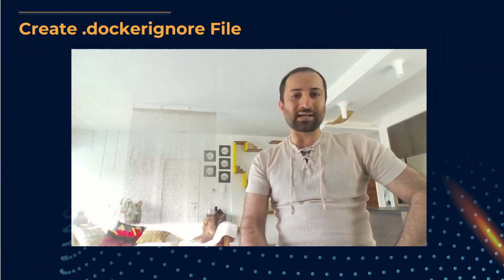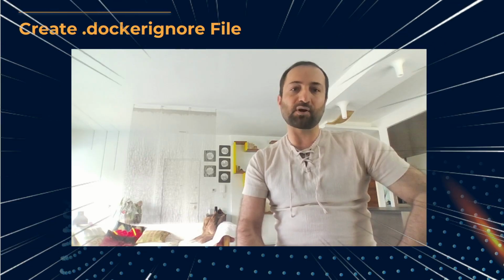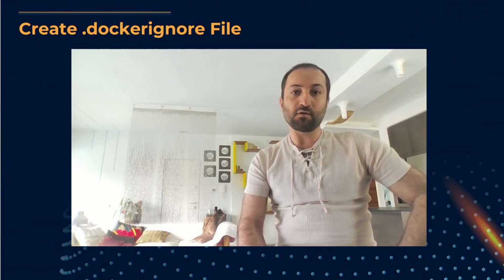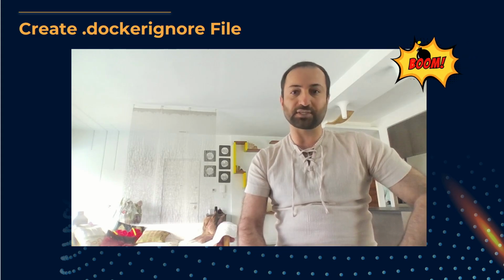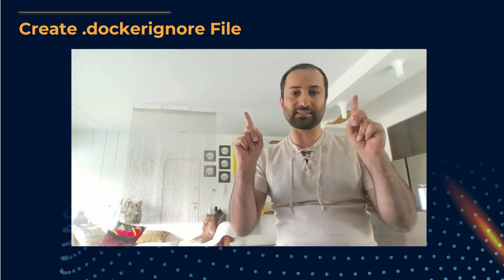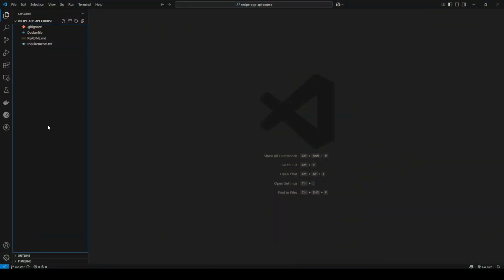Did you know that you can make your Docker image faster and more efficient by excluding unnecessary files from the build context? Want to learn how to do it in just a few steps? But before, if you didn't watch the previous video where we have already created the Dockerfile, please watch it. So in the root of the project, create a new file